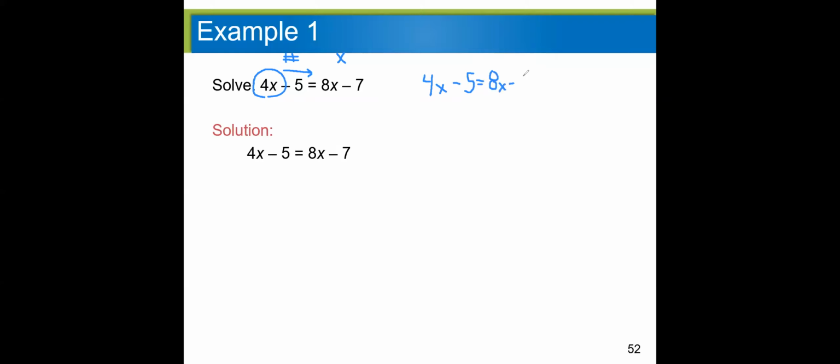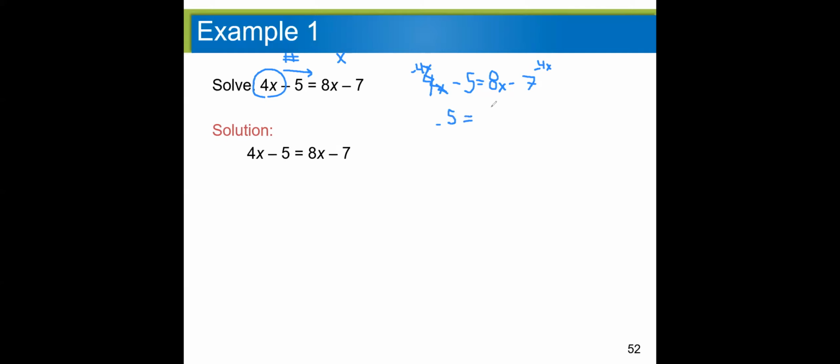8x minus 7. Doing this because I can subtract 4x from both sides. Again, I write them in little t up top. That's how I personally do it. If you'd like to rewrite the complete sentence, go right ahead. Canceling the 4x's, pow, and landing me